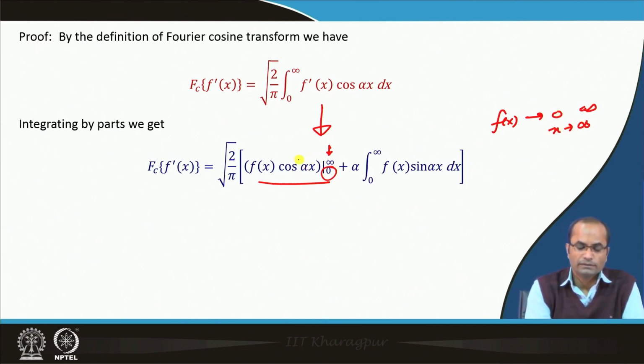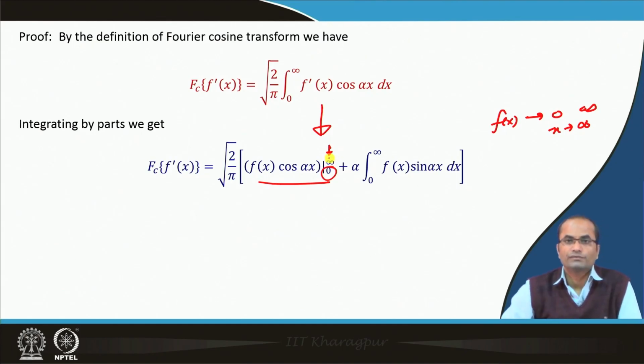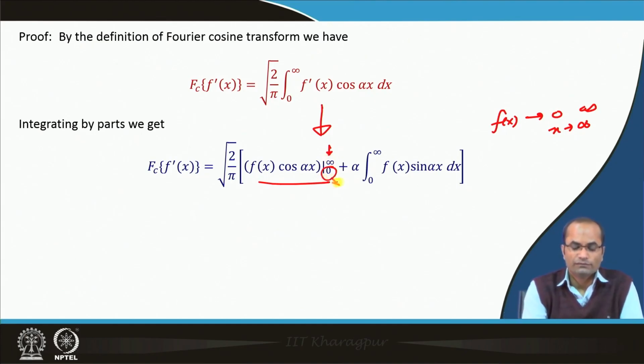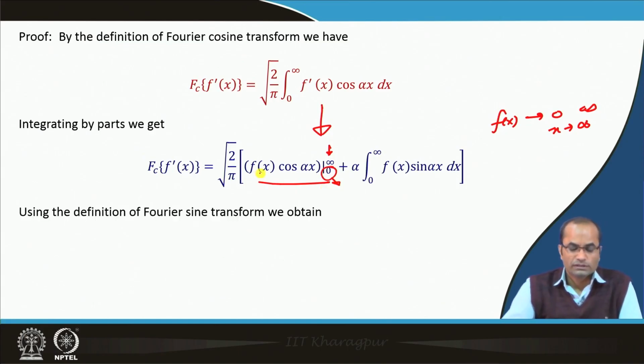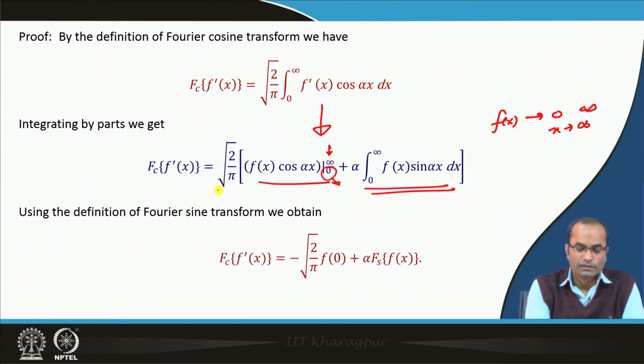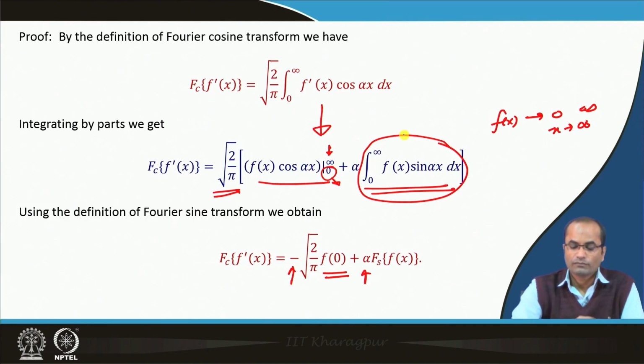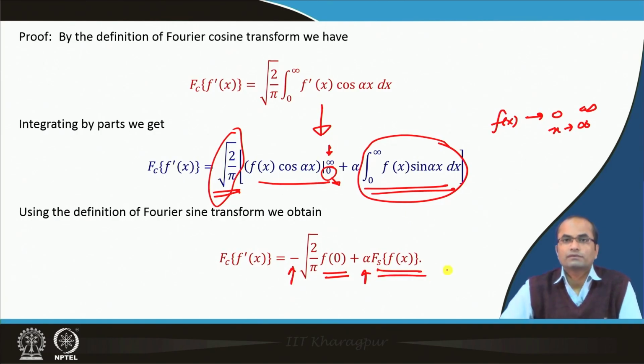So, the upper part here, when we put x to infinity, this will go to 0, and for the lower one we will get f(0). So, using this definition of the Fourier sine transform in the second one, what we will get, the first one says when we put 0 there, we will get this f(0) with the negative sign, and then the second one, alpha, and as per the definition of the sine transform with this factor square root 2 over pi, this will become